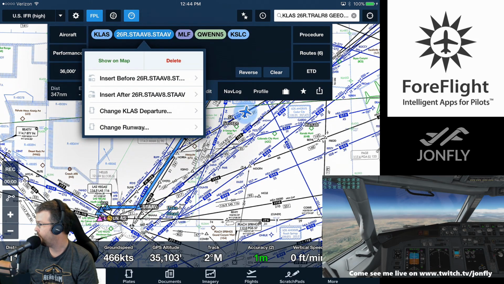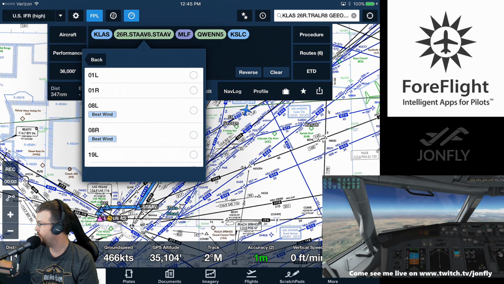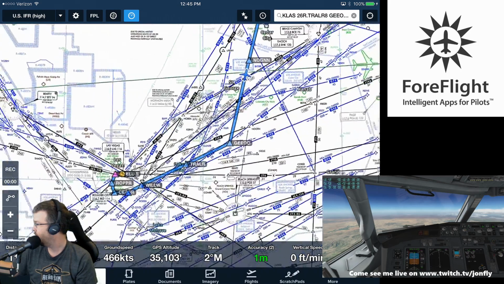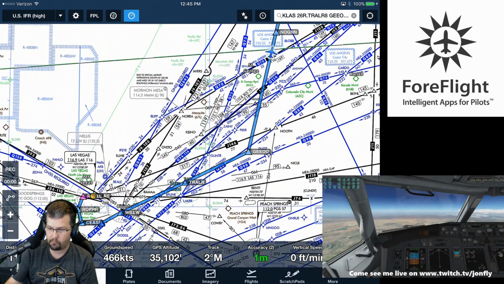Flight plan, change departure. We're going to the Trailer 8 Milford transition, 26 right. Oh, look at that. It drew it correctly this time. So it must have...